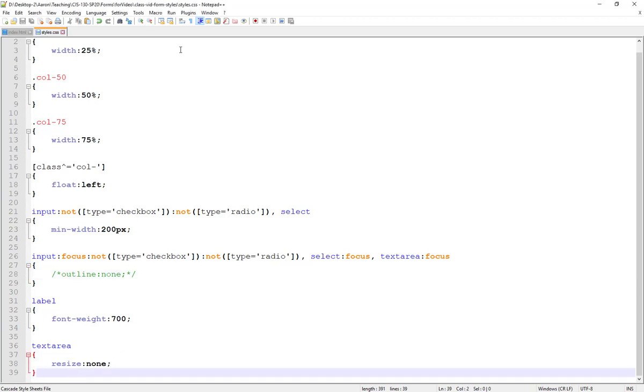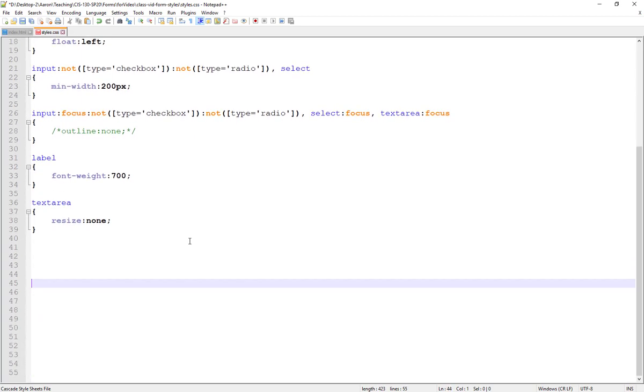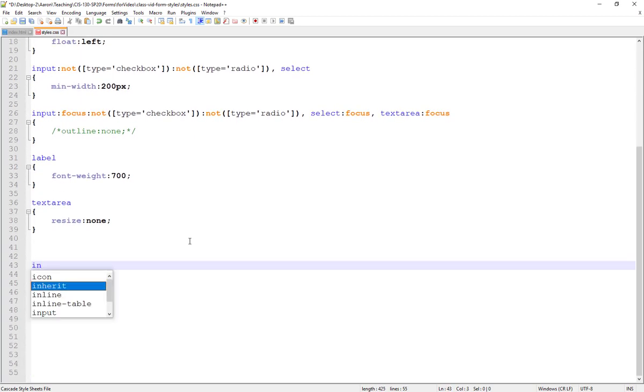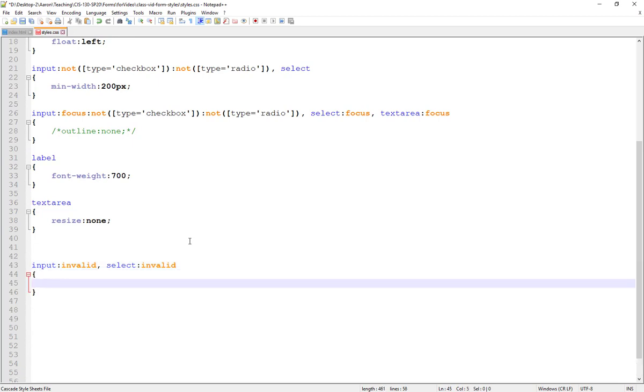So I want to go in here and select my input, colon, invalid, and select colon, invalid. And then style those differently for invalid values. So border color, I'm going to say red. So now